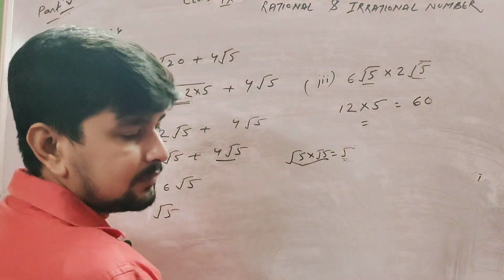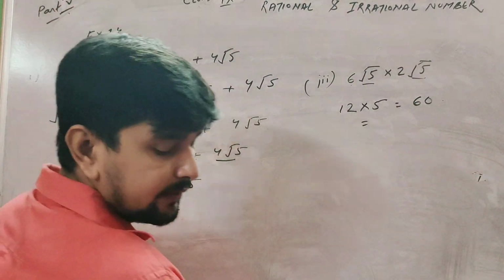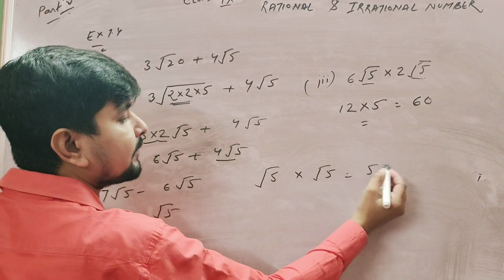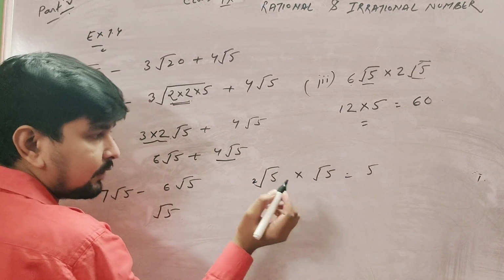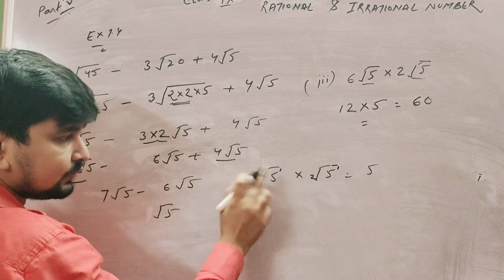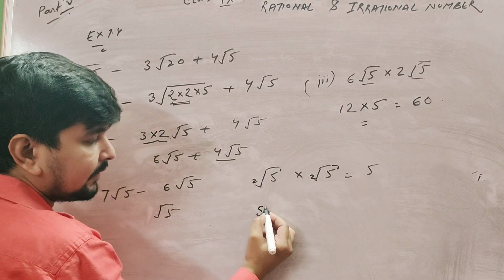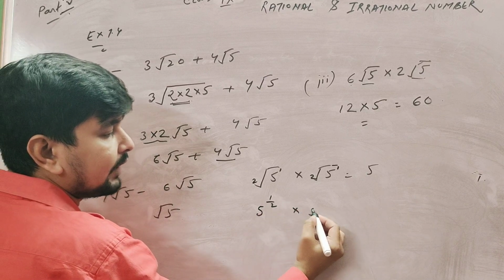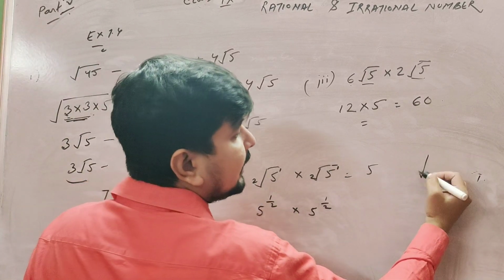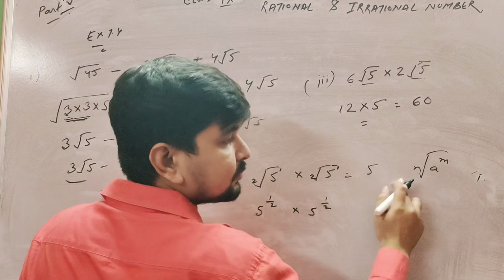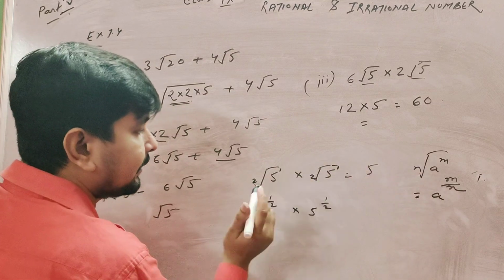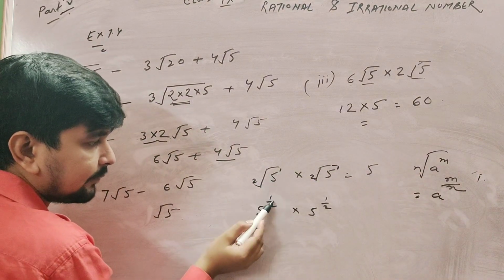Okay, how does this come? First of all see this process. How does root 5 times root 5 get 5? Root 5 multiplied by root 5 equals 5. How? This is a square root, this is a square root, and no power is written, that means 1. Clear? Whenever you open the square root, the power becomes 5 to the 1 by 2, 5 to the 1 by 2. We already learned this in indices. In indices we saw the theorem that whenever any base is given with a root, when opened it becomes m by n. Clear? So whenever you open it, that is 1 upon 2, 1 upon 2.